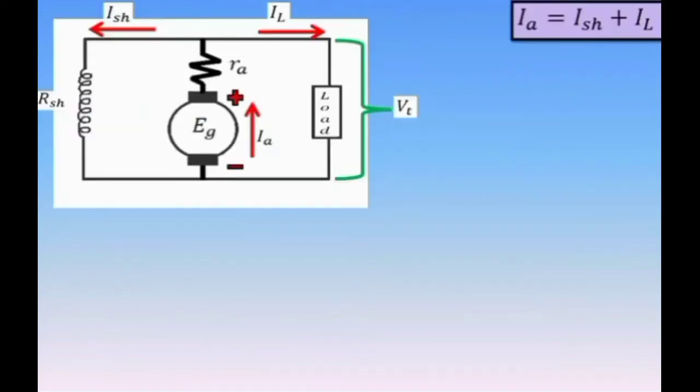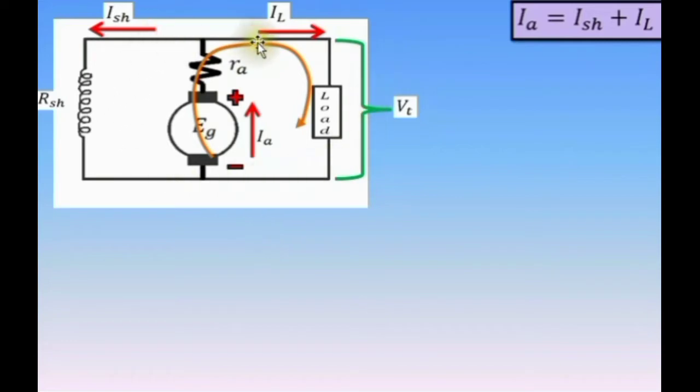Next is to establish the other equations, and now we will be using Kirchhoff's voltage law. There are several loops that we could establish here. The main loop is from the armature to the load. But of course, let's not forget to indicate the positive and negative terminals of each parameter here according to the